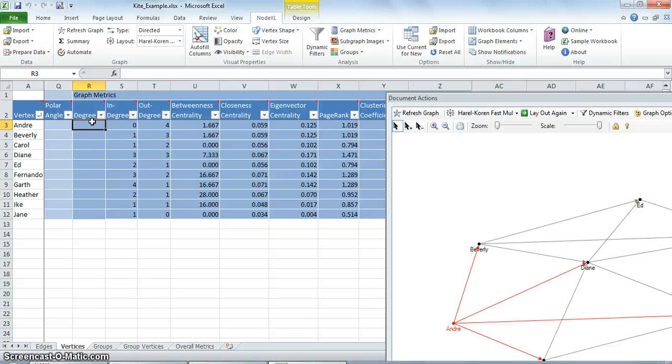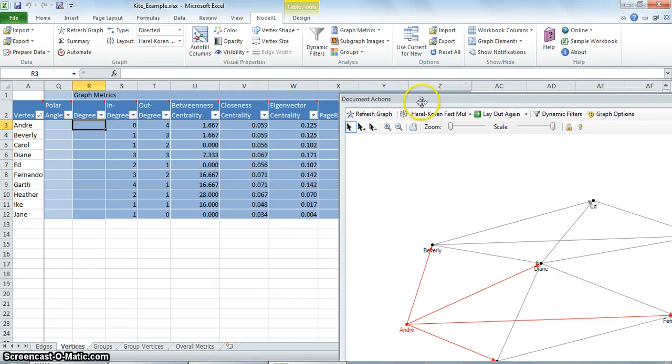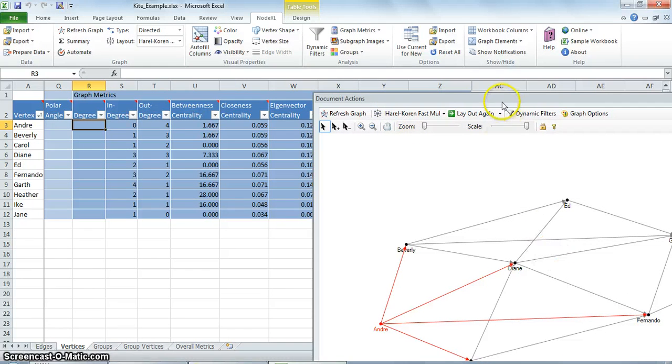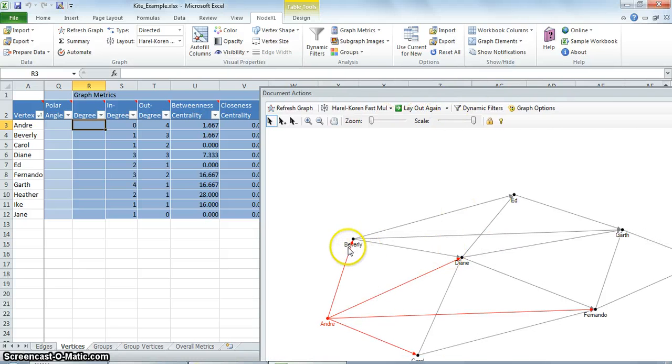So coming to the degree, the degree of a vertex is the count of the number of unique edges that are connected to it. So Diane has a degree of 6. She's connected to 6 people.